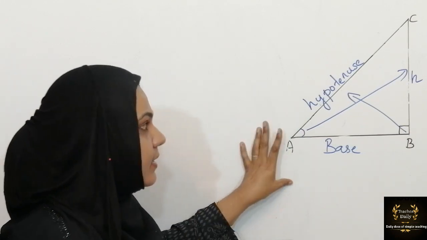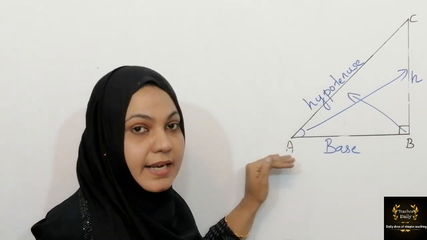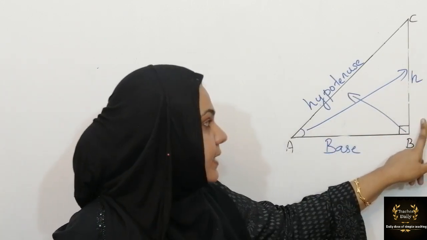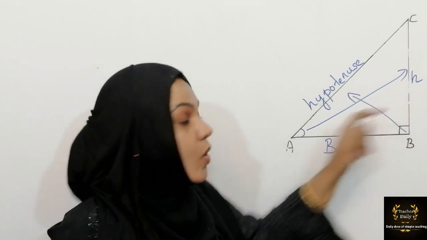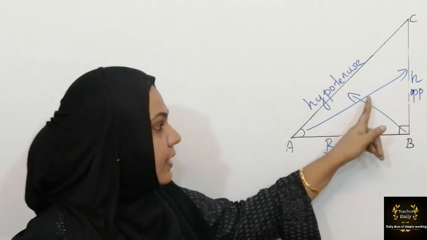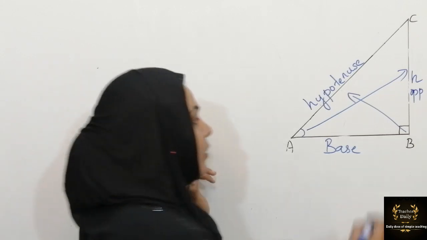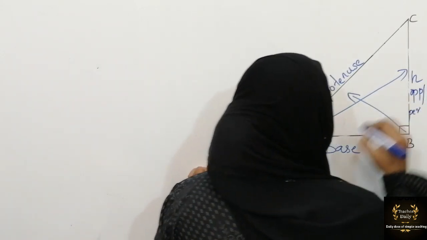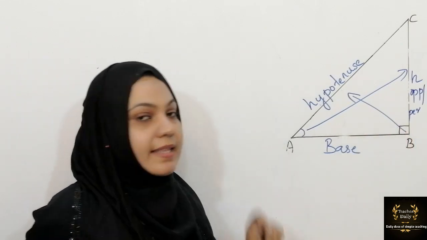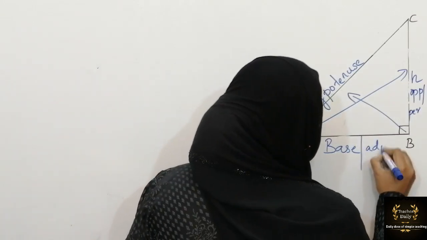According to this triangle ABC, right angle at B, my reference angle is angle A. According to this angle, what is the opposite? BC is the opposite. That side is called height or opposite. The word height we won't use in trigonometric ratios. Instead of height we use opposite or perpendicular. Similarly, the side which contains 90 degree and the reference angle is called base, or we can call adjacent.